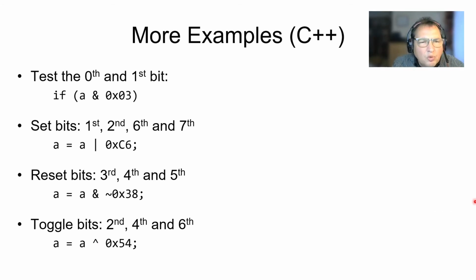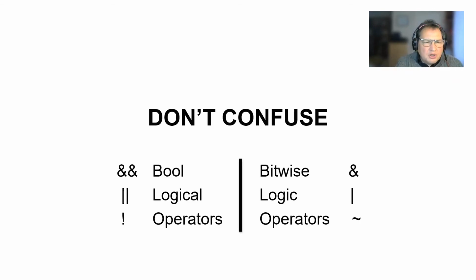The next slide will be a repetition from the previous lecture because it's essentially important. Don't confuse Boolean logical operators and bitwise logical operators. Remember, Boolean logical operators are double ampersand, double line, and bitwise logical operators are single ampersand, single vertical line. The not operator is completely different for Boolean and for bitwise. It is important because